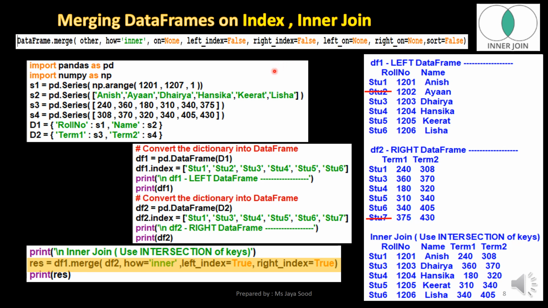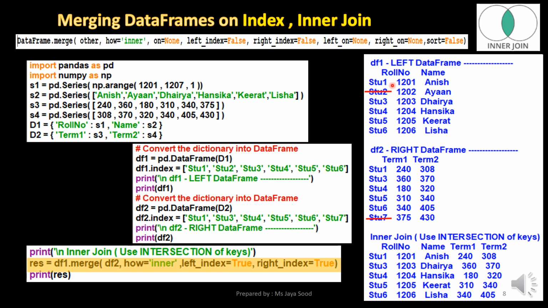Continuing with our previous example, let us now create an inner join using the merge function. Res is the data frame object which is created by writing the statement df1.merge(df2, how='inner', left_index=True, right_index=True). This will create an inner join using the indexes.